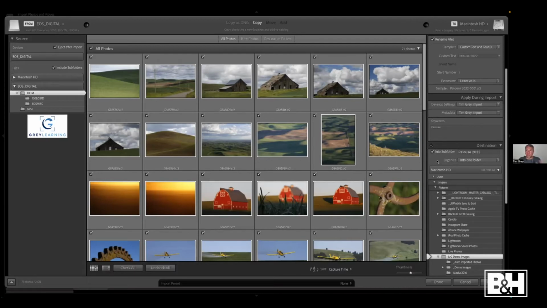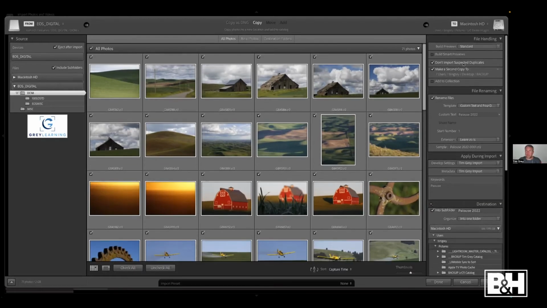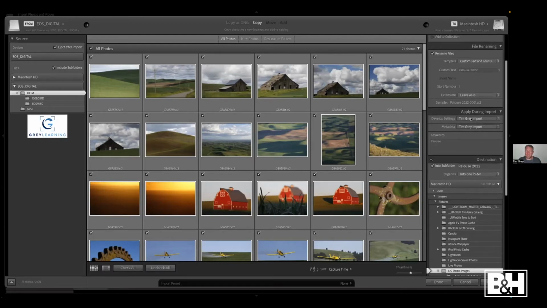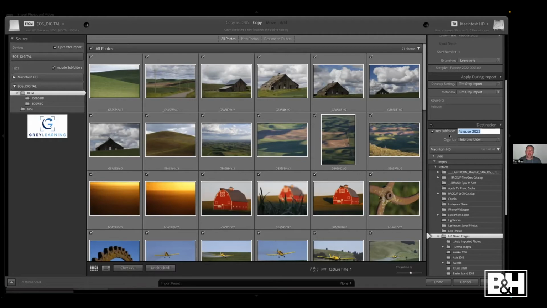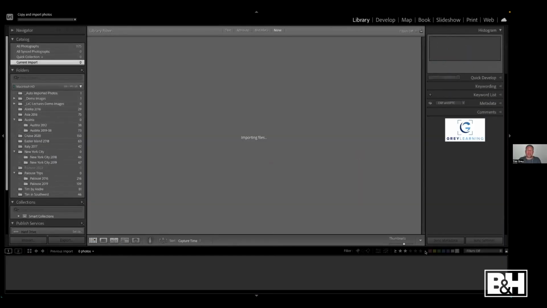All right, so that takes care of our overall settings. And I think it's important to consider that we're doing a lot here. We are copying our photos. We're making sure that we're not importing duplicates. We're making a second backup copy. We're renaming, we're updating the develop settings, updating some metadata, including, oh, I just noticed I typed Palouse wrong in the keywords, so I'll fix that as long as we're reviewing, and creating a subfolder. I'm doing a lot in one step here. And so I'm going to go ahead and click the import button at the bottom right, and Lightroom Classic will